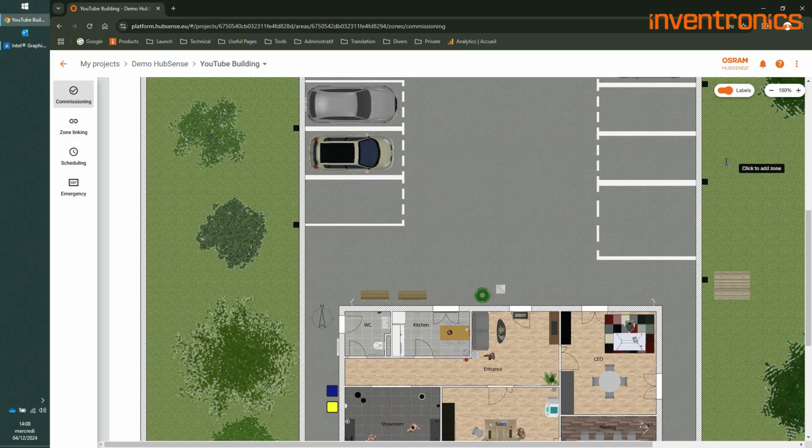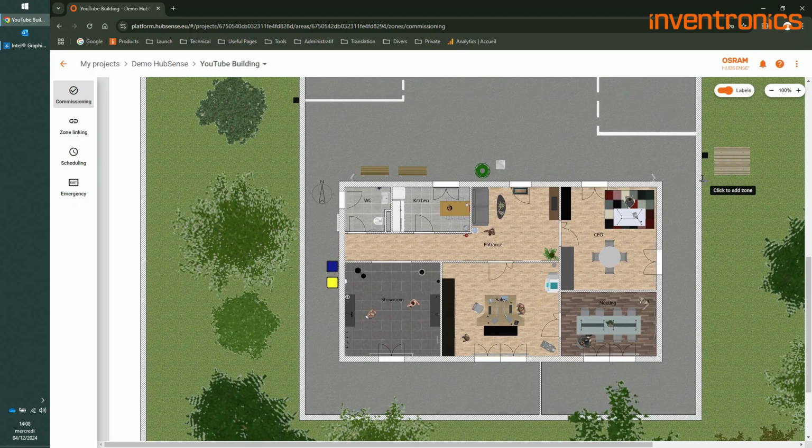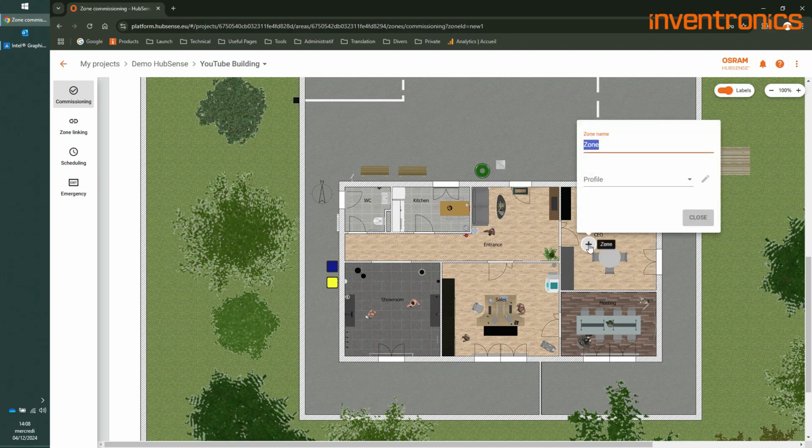You will then have to create the different zones. Be careful, a zone is not a light fixture, but it is an area in which the products will work together. It can be a room, a corridor, or an office, for example. Here we will create 5 zones. The management office, which we will call CEO.